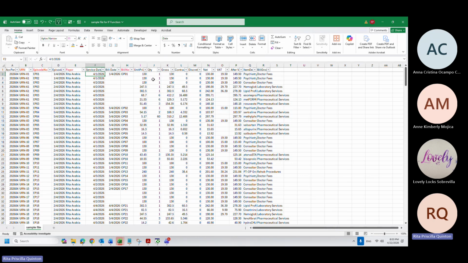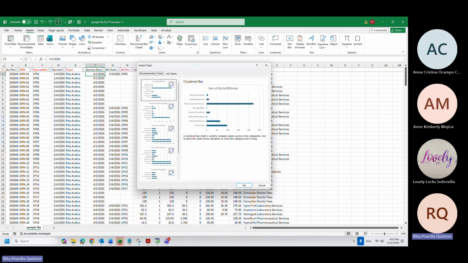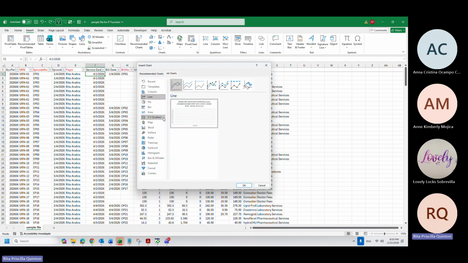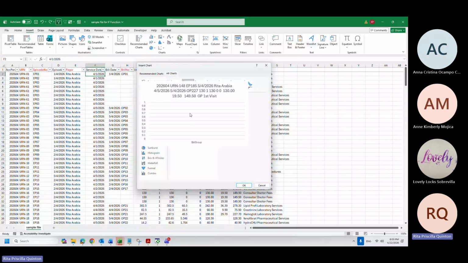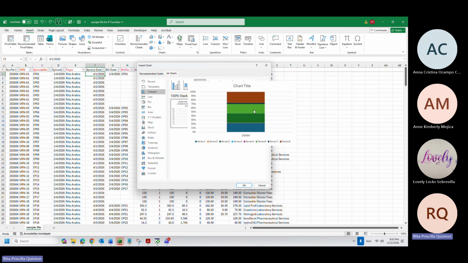Now, for the charts, what I recommend is that we do a pivot first. We are already aware of the pivot because if we make the chart from here, we go to insert, recommended charts, all charts, you will see that the chart does not understand what we need from it.